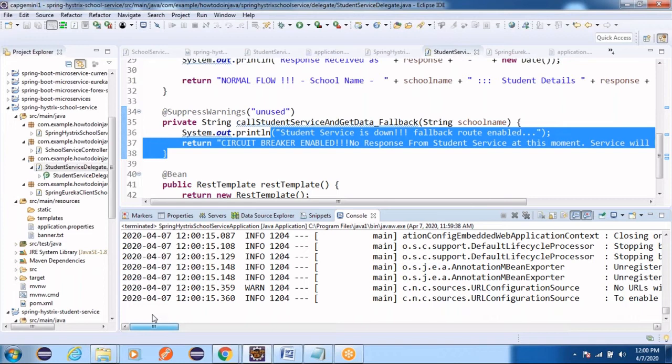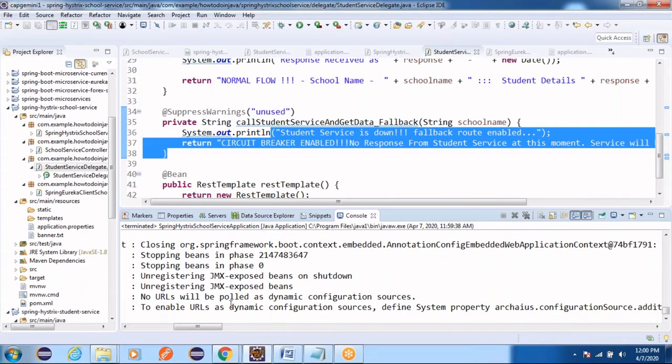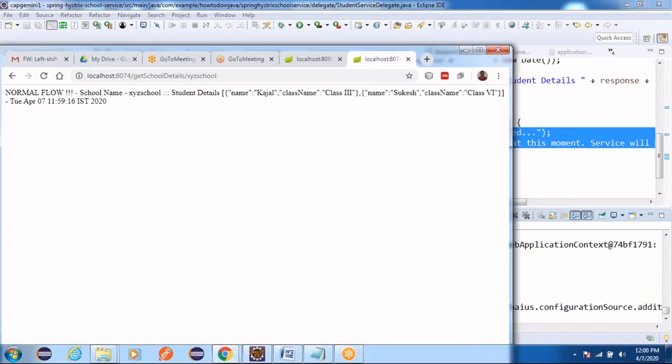You just need to go here and refresh. After we change the port number here, this has to be saved. Stop this application and run it again.